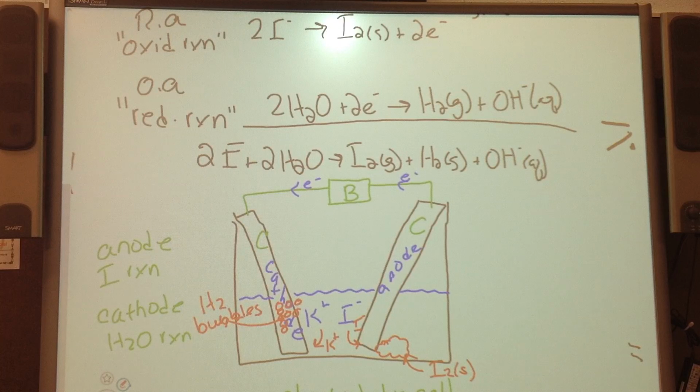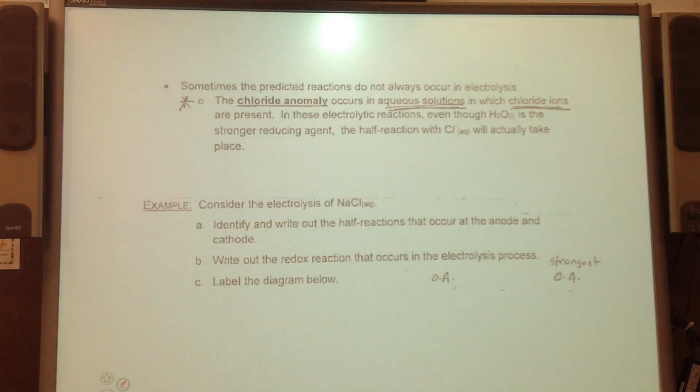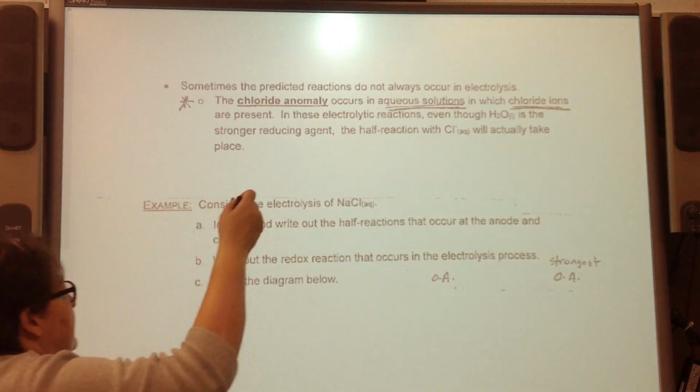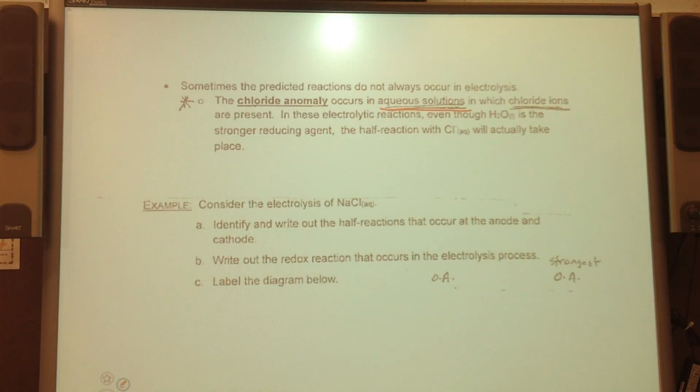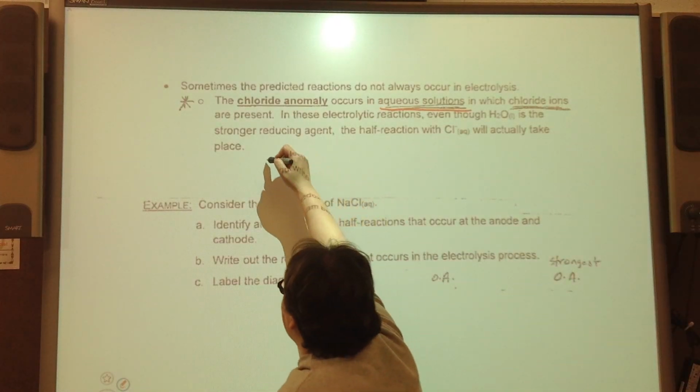Now, just like with the English language, there's always an exception to the rule. We have what's called the chloride anomaly. Chloride anomaly occurs in aqueous solutions, so this is really key, aqueous solutions, in which chloride ions are present. So even though we have water being the stronger reducing agent, the half reaction with chloride actually takes place. So this one here,